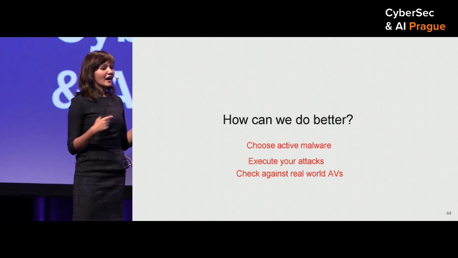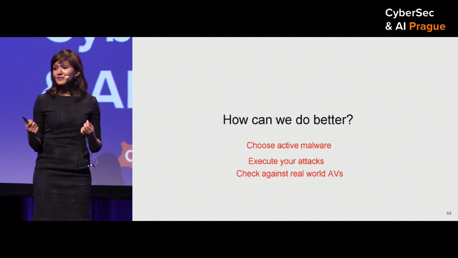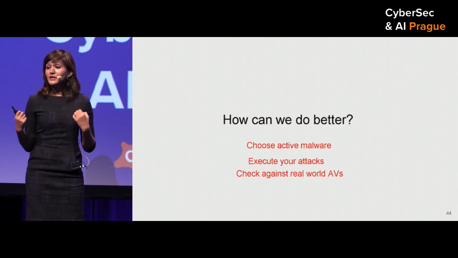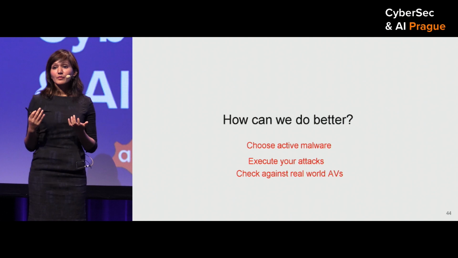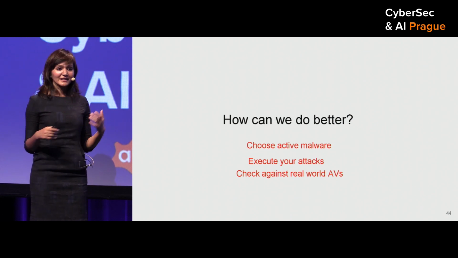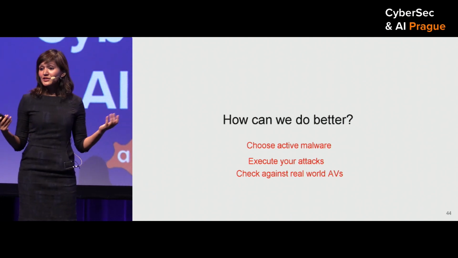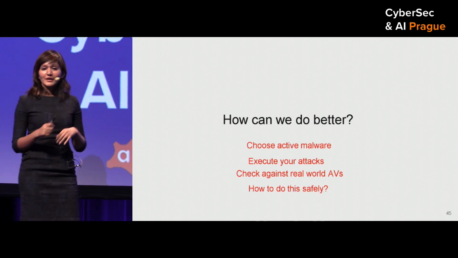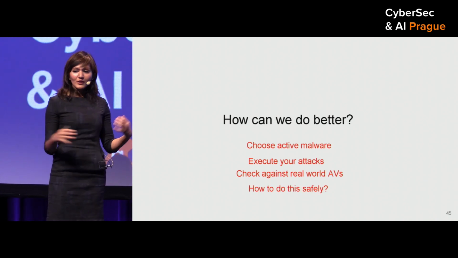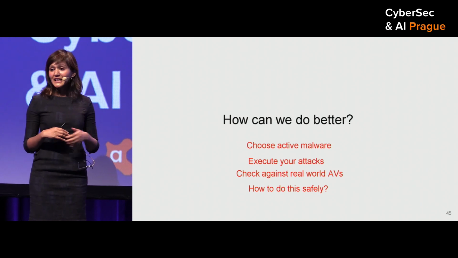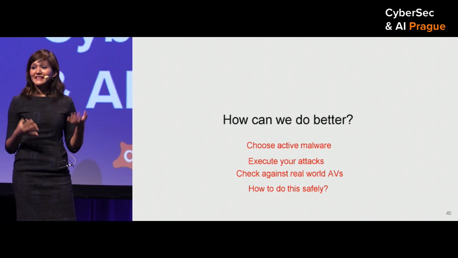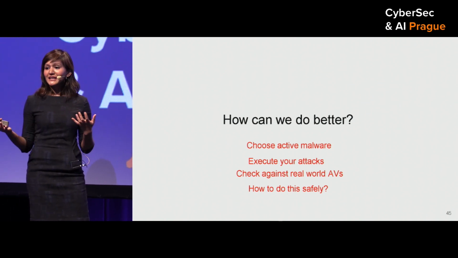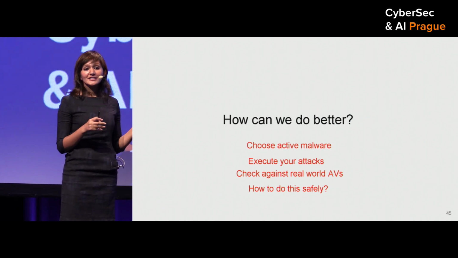But in other cases, if you want to know what kind of attacks we want our users to protect against, real-world AVs can help you answer this question. This way, we'll make sure that we are not doing research that these commercial systems have already solved. Now, if we want to analyze all of our adversarial examples using real-world AVs, we have to send all of our adversarial examples to these AVs, and that might pollute their training data and make them worse to defend against real attacks. So doing this safely is still a challenging problem.